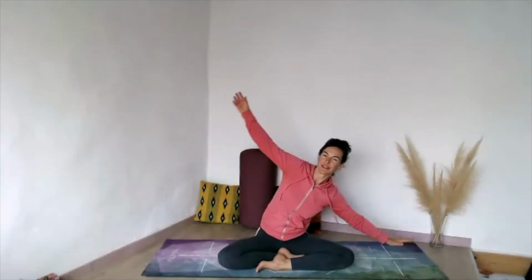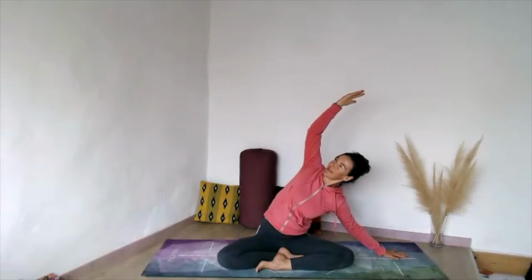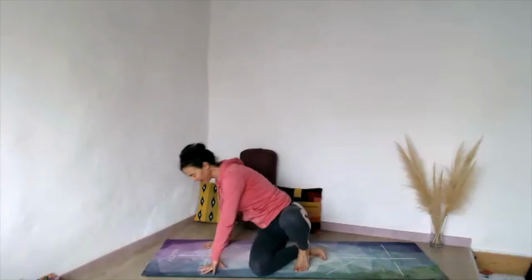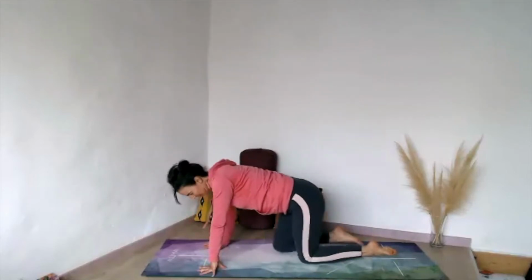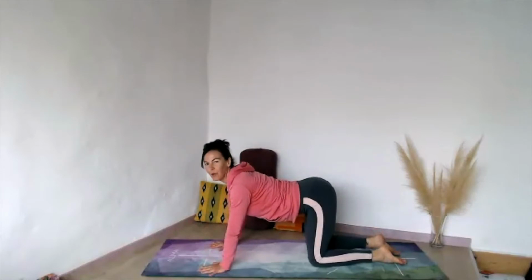Inhaling, going to the other side, right hand on the floor, left arm over the head, opening the chest, turning the navel towards the ceiling, opening the whole left side of the body. And exhaling, releasing. We come into the cat-cow, into all fours, and doing the spinal warm-up, looking up,